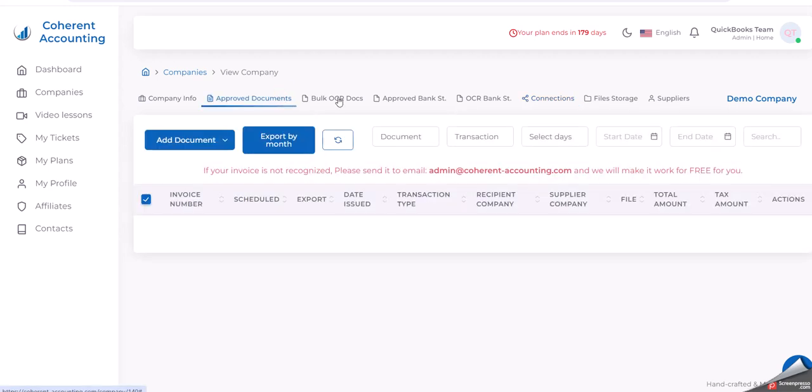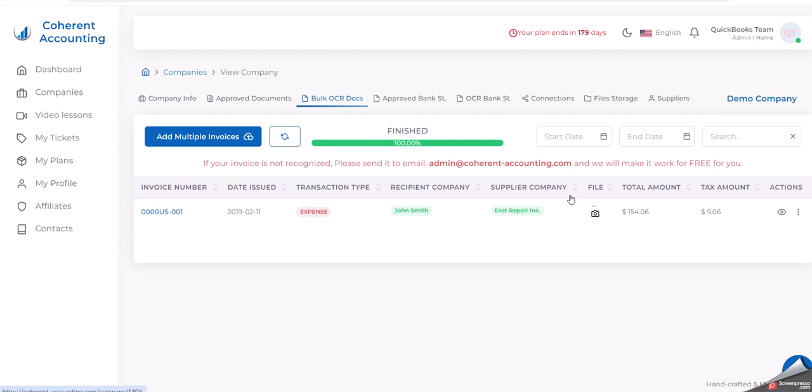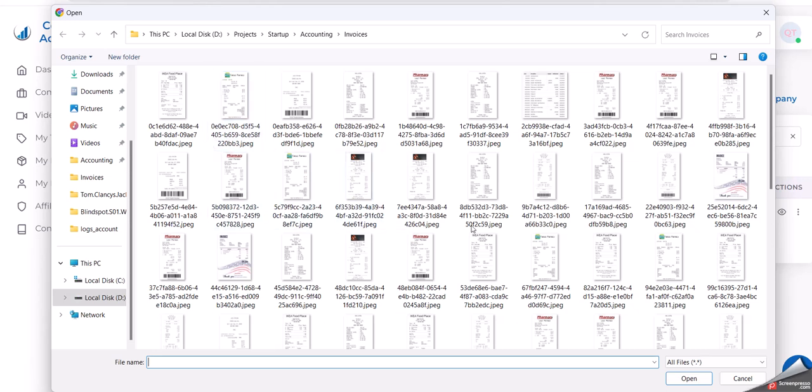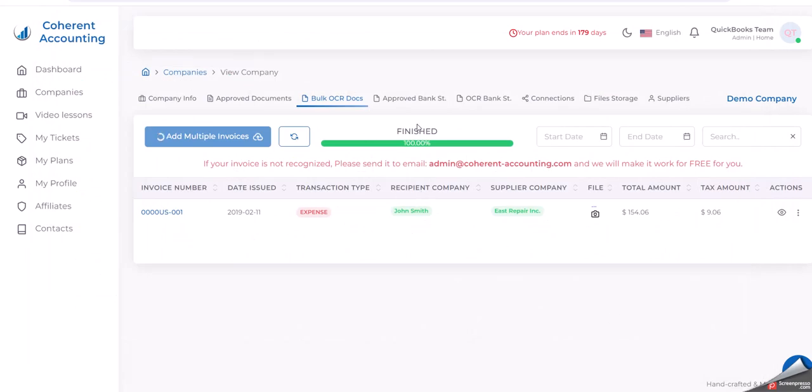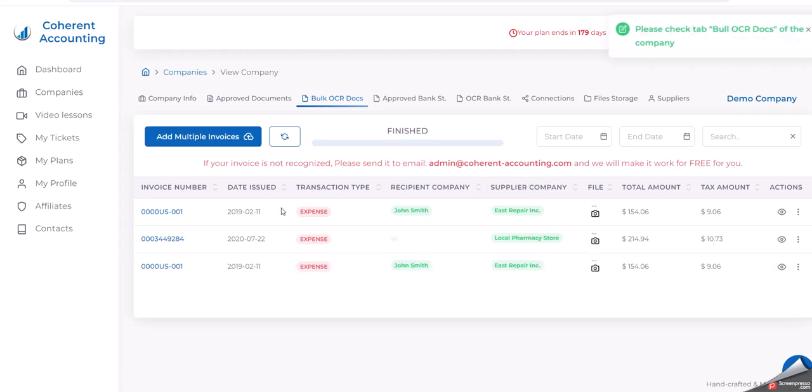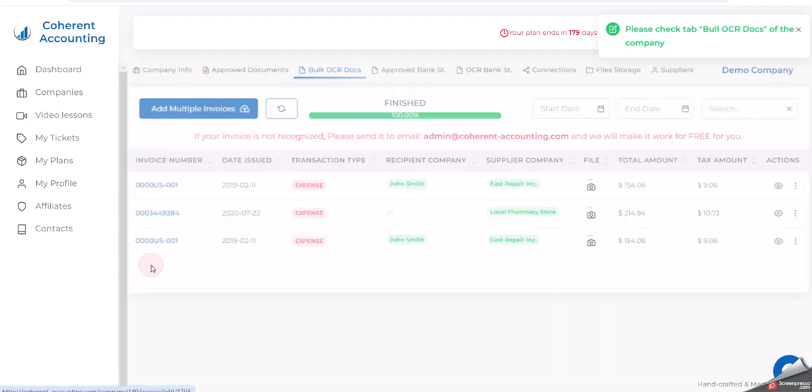So in order to do this, our application is making OCR of invoices, extracting data, and then publish it to QuickBooks. So in order to make OCR, you need to go here and upload some invoice or some receipts as well here, and wait just for them to be processed here. And when they are processed, you will see them here as now. When we open this one,